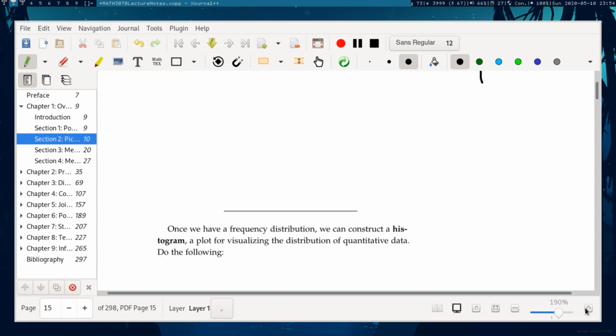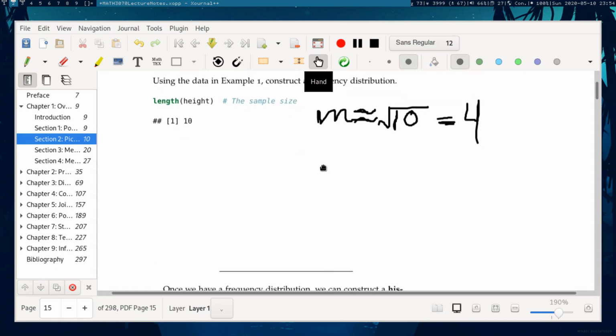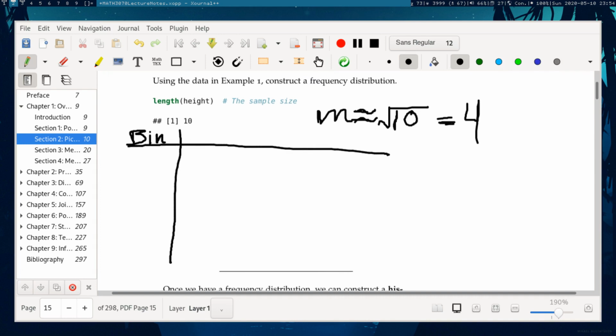So, let's go ahead and zoom. Yeah, that's fine. Okay. So, I'm going to make a table. In this table, I'm going to list the bins. So I've got 5 to 5.2. And to indicate that this is going to be right inclusive, I'm going to put a little less than sign to say 5 to less than 5.2, not including 5.2. And then 5.2 to